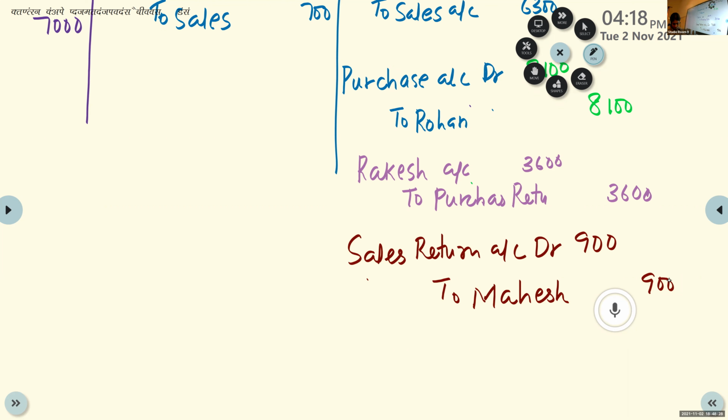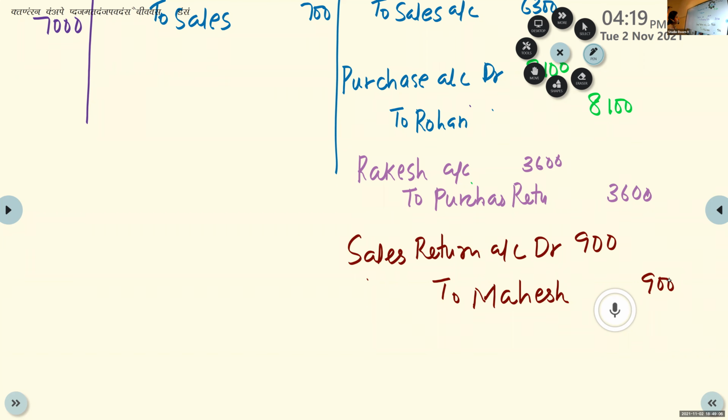Credit sales to Mohan rupees 7,000 recorded as 7,200. Credit purchase from Rohan 9,000 recorded as rupees 9,900. Goods returned to Rakesh 4,000 recorded as 4,040. Goods returned from Mahesh 1,000 written as 1,600. So all that excess amount should be taken back, cancelled. To cancel that, just reverse the entry and write the excess amount, the difference amount.